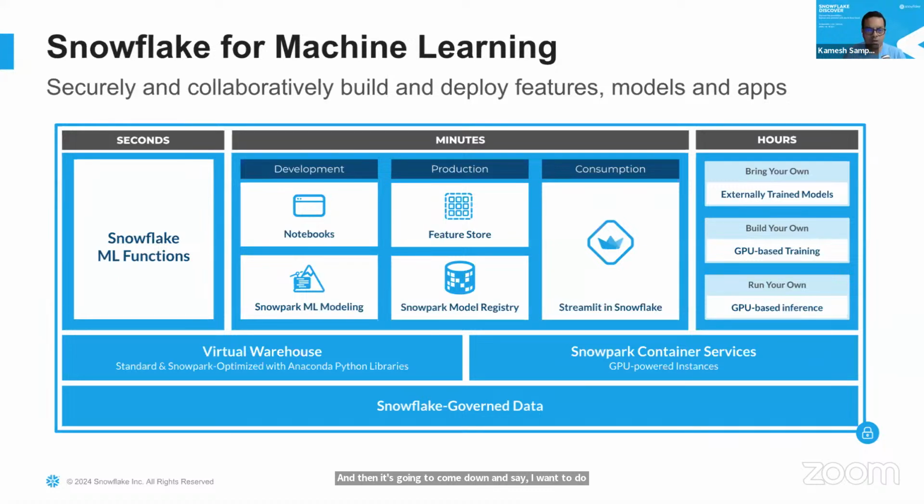So what do you have installed? I don't want to write any kind of Python code or anything like that to do this stuff. Then what I do is I go straight to Snowflake ML functions. We already have out of the box five or six functions available, like forecasting, classification, and anomaly detection, all available with the XGBoost model that we used. They're readily available to be used either as a Python API or even in SQL.